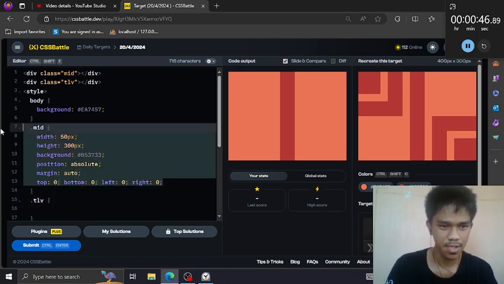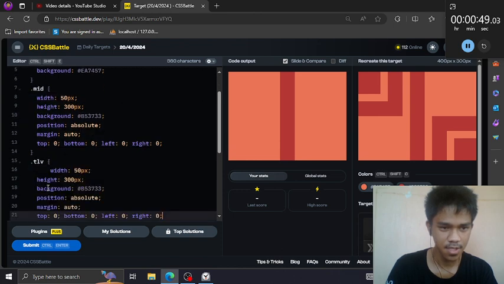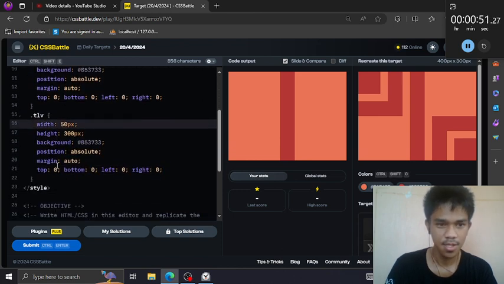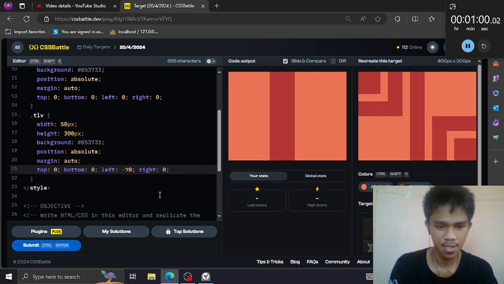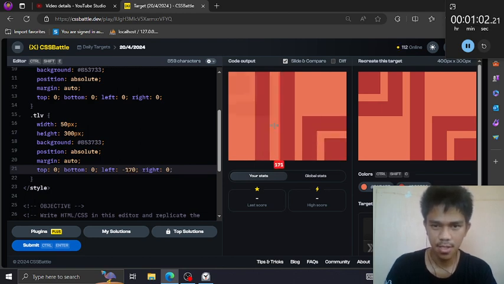Let's copy the values of this mid. Then of course let's move these to the left. For that we will apply a negative value here, like so.